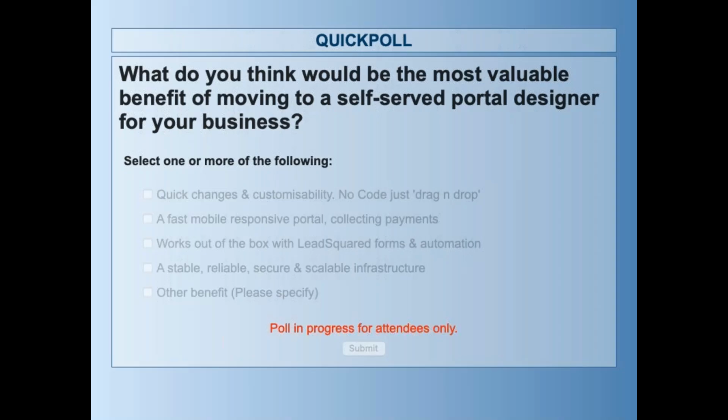Thank you, Shirish. So, like he said, what do you think would be the most valuable benefit of moving to a self-serve portal designer for your business? So, would it be quick changes and customizability? I also saw there were questions that came up about that. So, yes, they're fully customizable, no code, just drag and drop. Yeah, they are fast, mobile responsive portals that you can use to collect